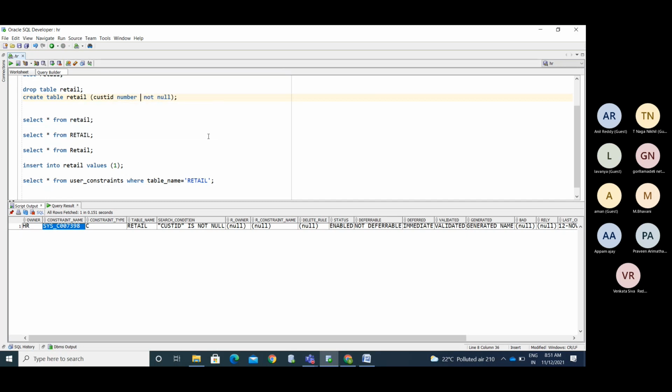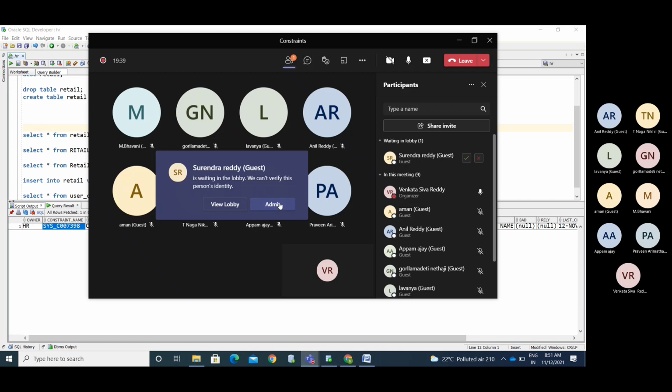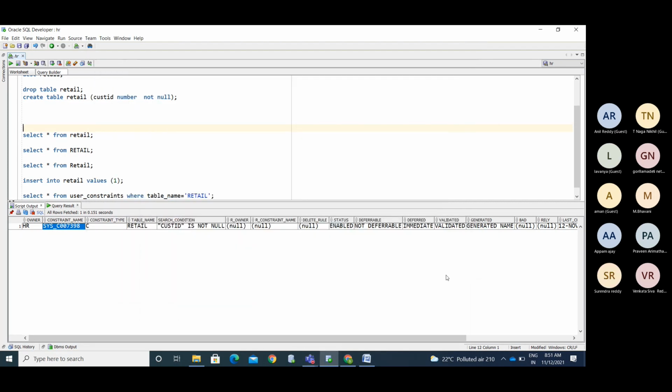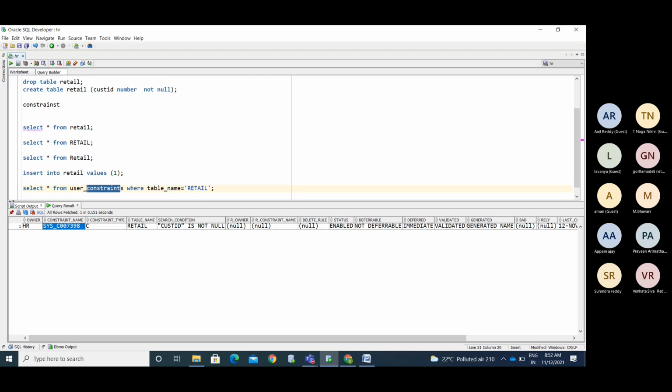If you want to define the constraint, the syntax is: while creating the table itself, we need to use constraint, constraint name, constraint type.